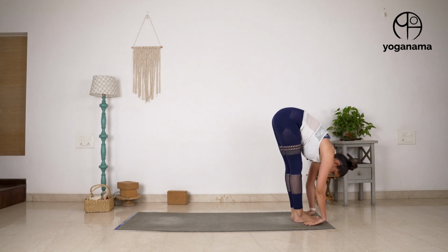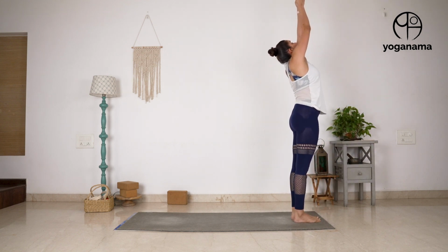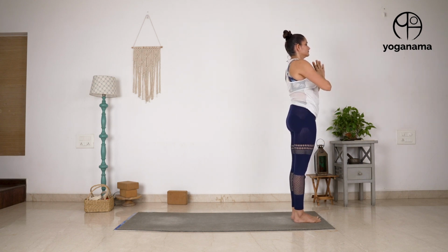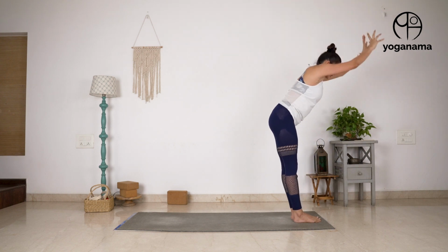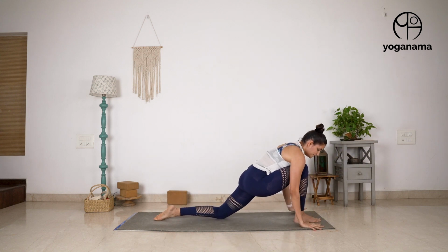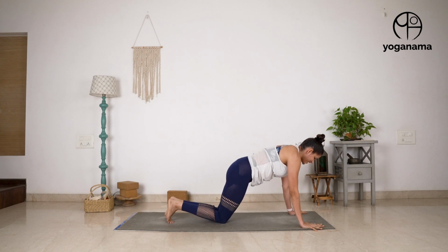Dasha, left foot forward. Ekadasha, Dvadasha. Ekam, Dve, Trini, Chatvari, P for Pancha, P for plank, Shat,